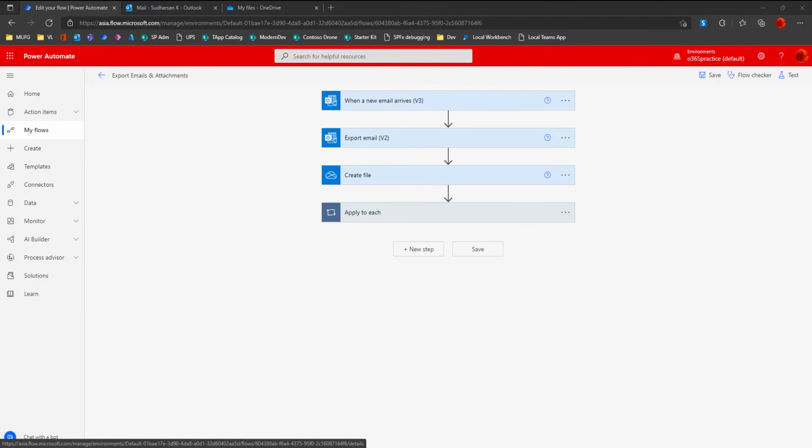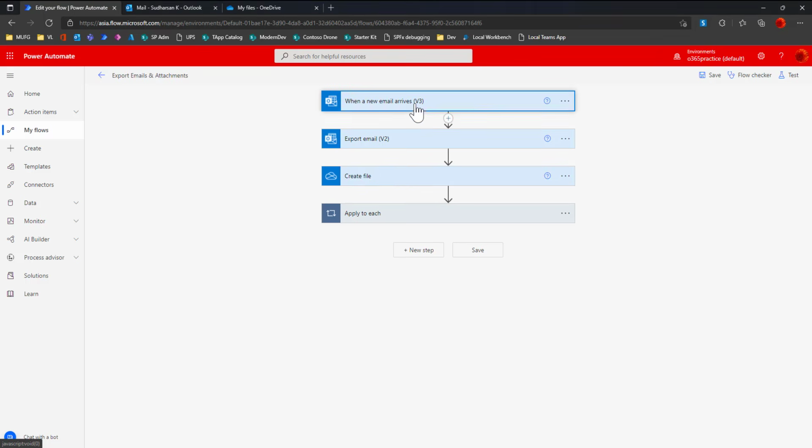I have created an automatic flow with the trigger named When a new email arrives, using version 3. So whenever a new email arrives into the configured inbox, it should automatically export the email and attachments, if there are any, to the OneDrive folder.